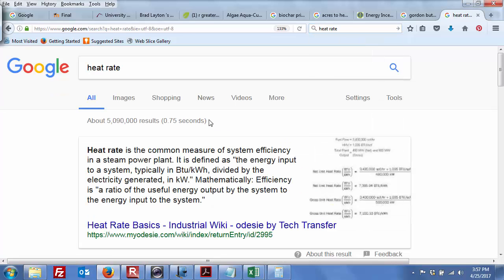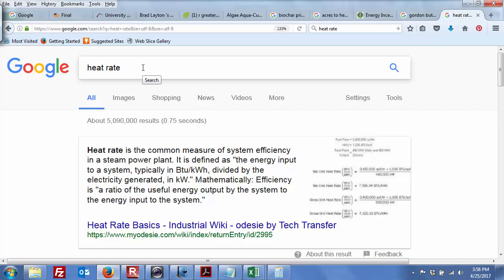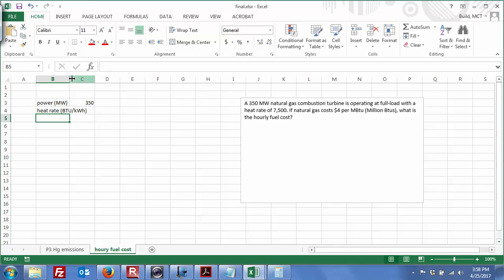That's BTU divided by kilowatts. Yeah, BTU per kilowatt, thanks. BTU per kilowatt. So this is energy divided by energy. So BTUs per kilowatt hour. BTU per kilowatt hour. Okay, and we're given